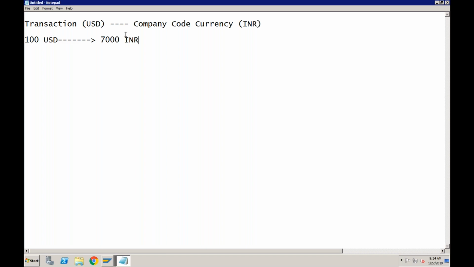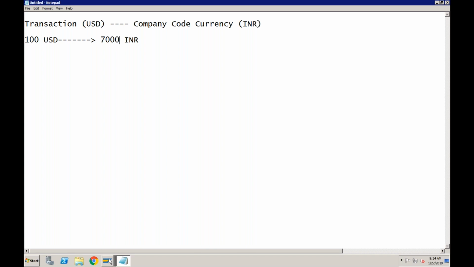In SAP FI, we have two different fields to capture this information, right? We have a transaction currency column and a company code currency or local currency column. So in short, SAP is capturing both transaction currency as well as the local currency.